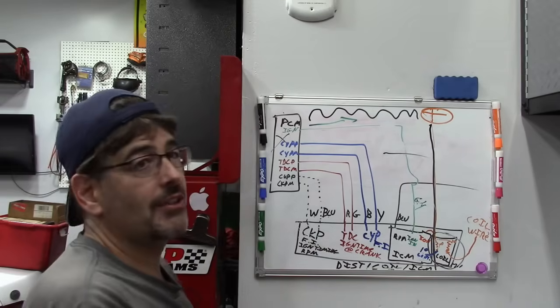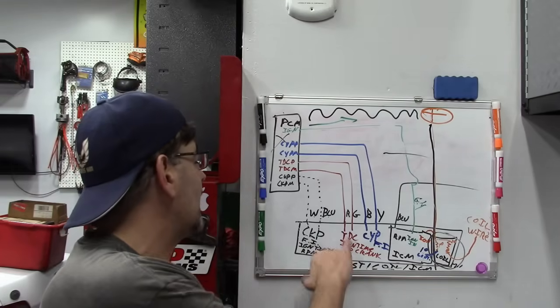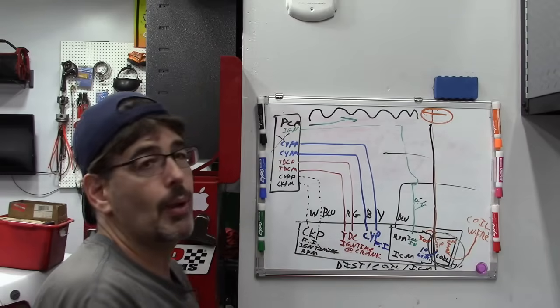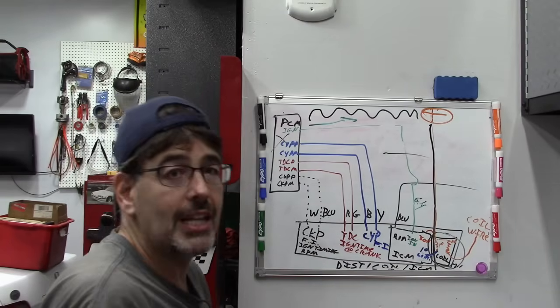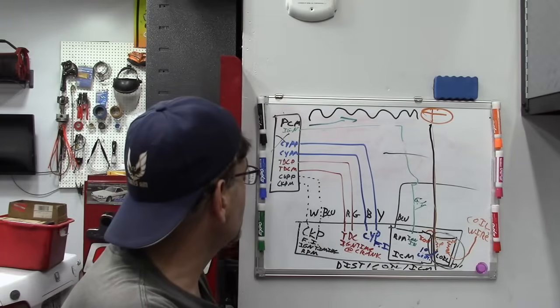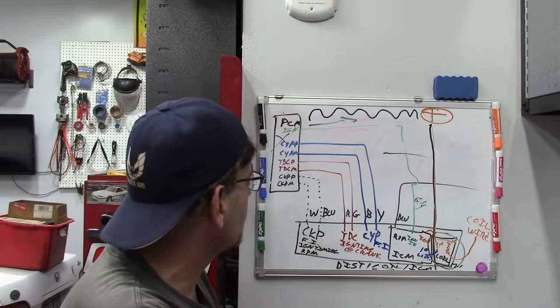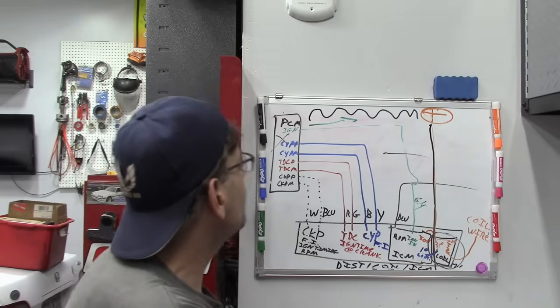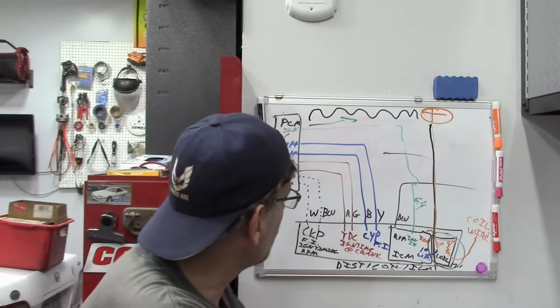But would have been nice if my scan tool worked. I was thinking, I'll bet there's PIDs for the TDC sensor and the CYP sensor. We could have seen the PIDs with the engine cranking, but unfortunately we have no scan tool communication without the engine running, apparently. So we need to rule out bad